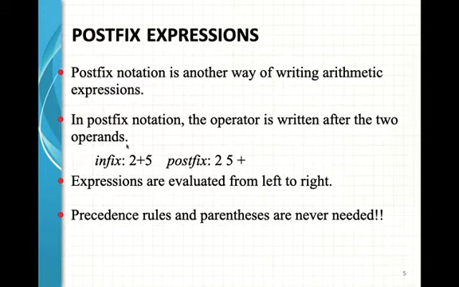But if this expression is written in postfix notation, then it looks like this, that is 2, then 5, then plus. Here the operator resides after the operands, that's why the name is post. This operator is postfix, and here the operator is infix, in between two operands, that's why infix. Here it is after the two operands, that's why postfix. Clear?